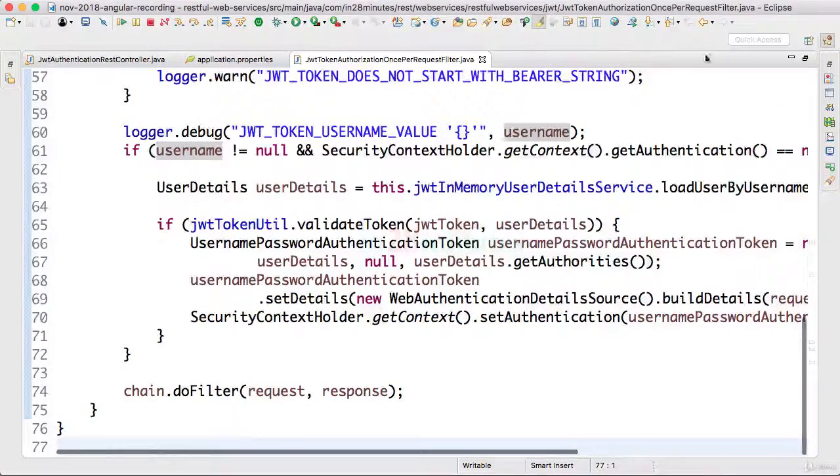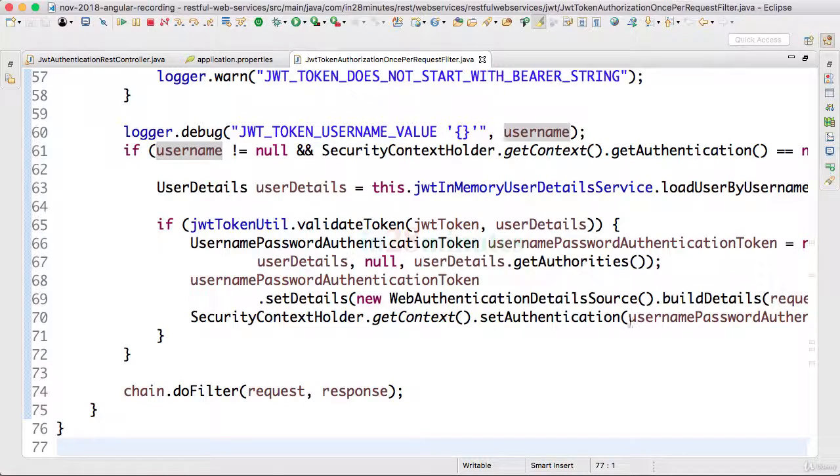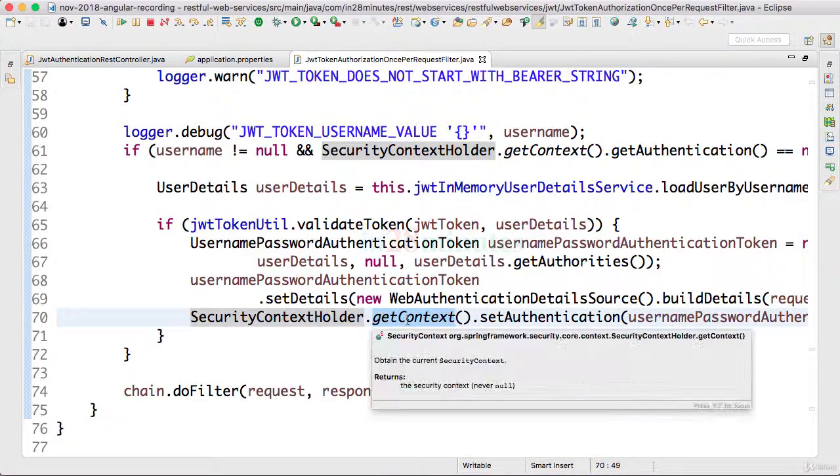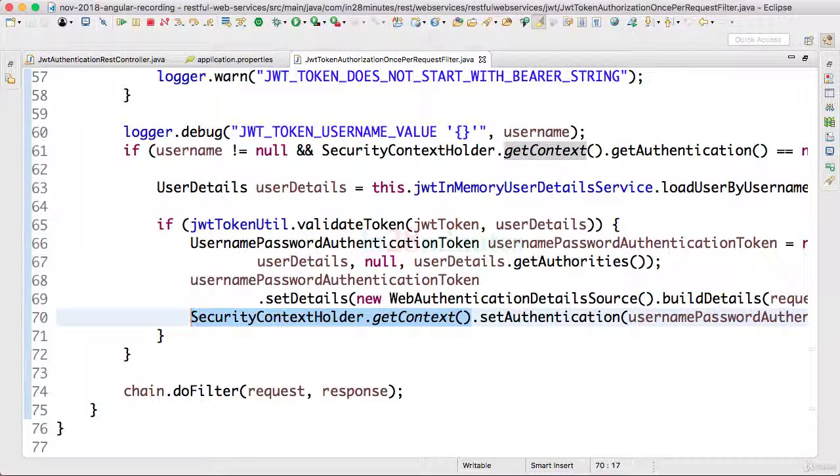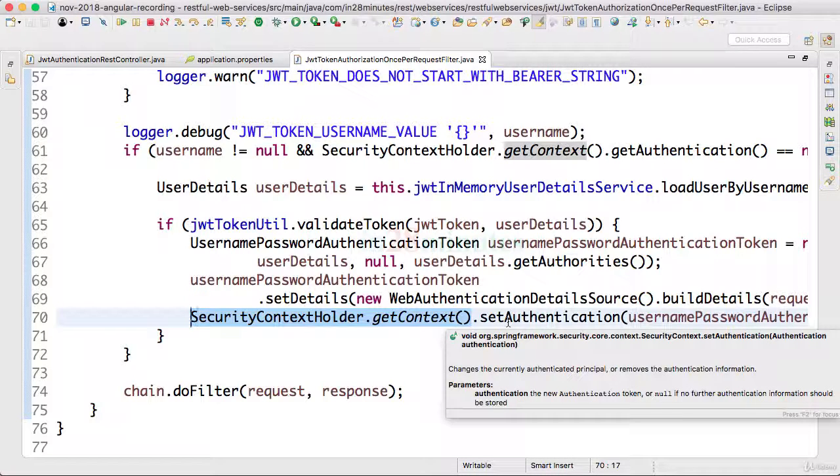If the token is valid, it would load the user details and set it into the security context holder's get context. This is one of the most important places. Once a user is authenticated and authorized, you put his details into the security context holder's get context, so that all the other servlets, all the other resources, controllers would be able to access the user details